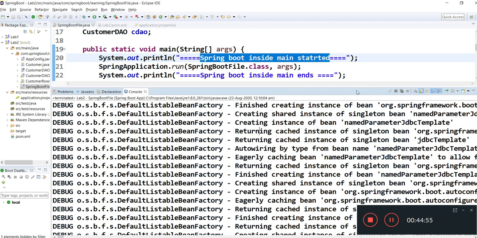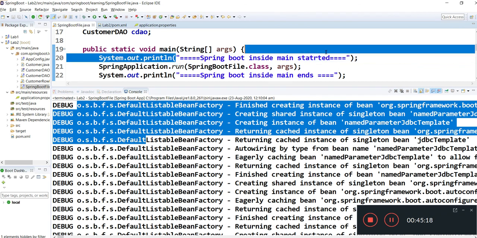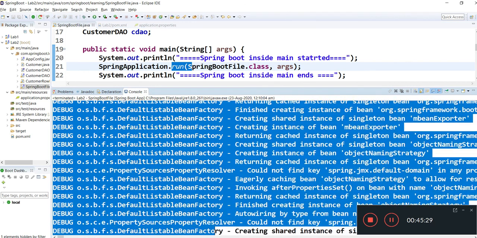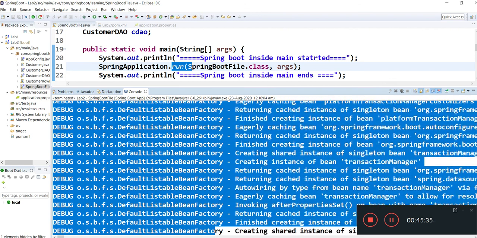I am not sure if you observed, but when we executed this program, at the start we saw a logo of Spring on our console. That time only this SOP was executed, and after that the run method was called. When the run method started, then all these activities were done. And in order to execute our run method, it is doing all these extra things which are required for your application.